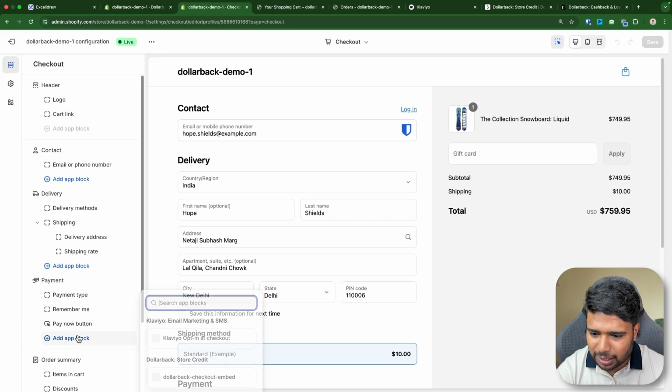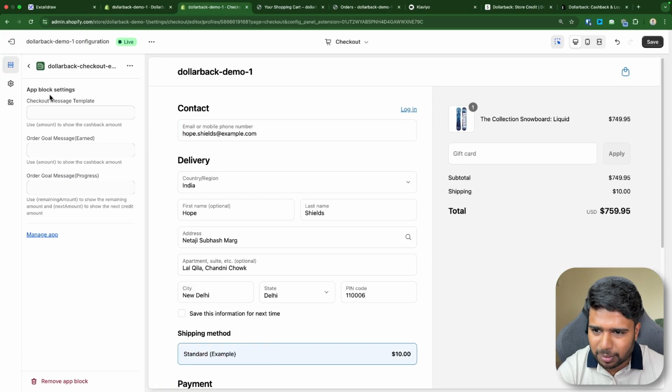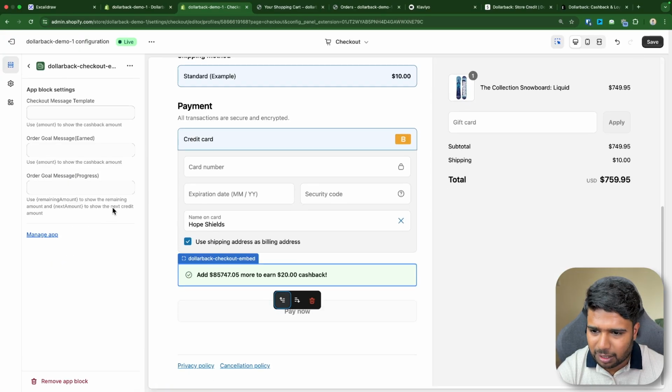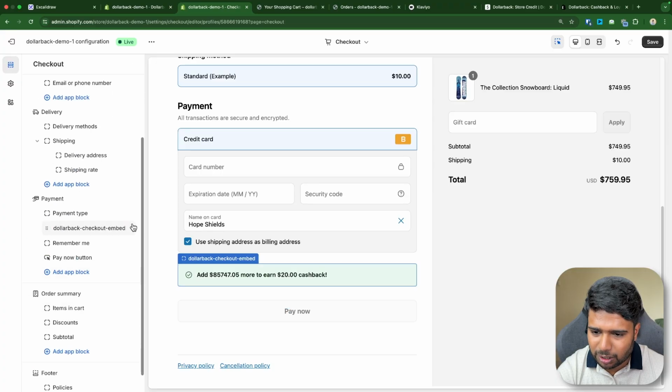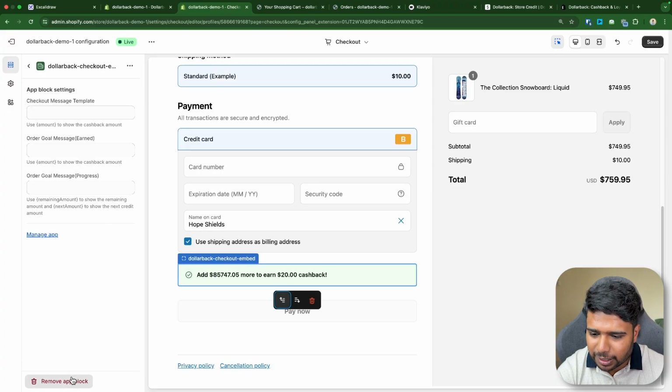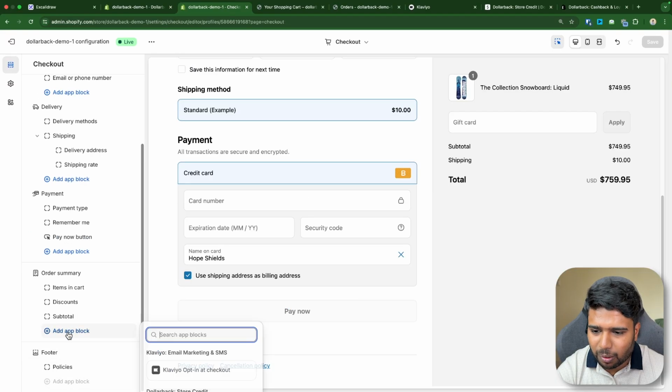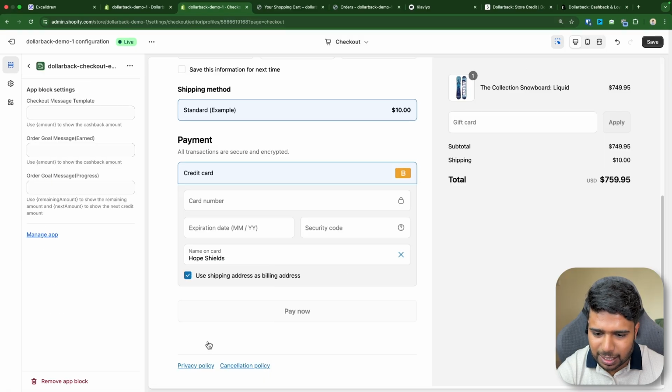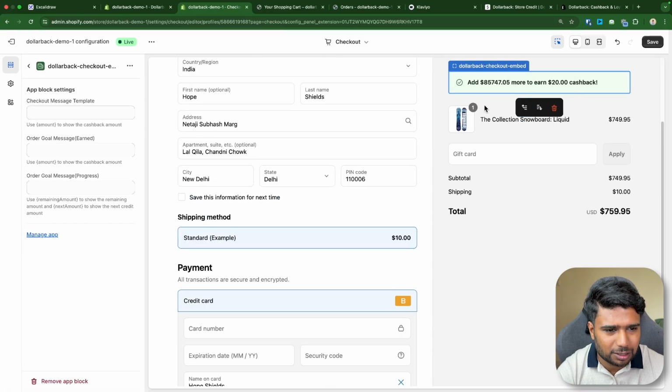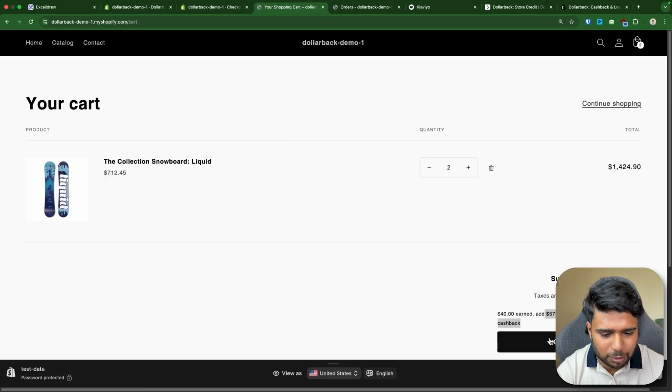So let's say near the order summary, I want to show the embed, and I can add it here if I want, but it doesn't look that great. So I'll add it next to the order summary. So this will be on the right hand side, and here it will show up, but you can add multiple blocks if you want as well, and it will show up. Right. So if I go to checkout now,